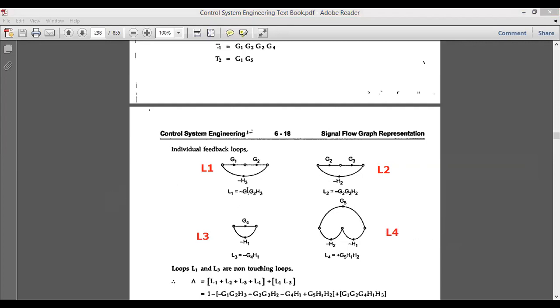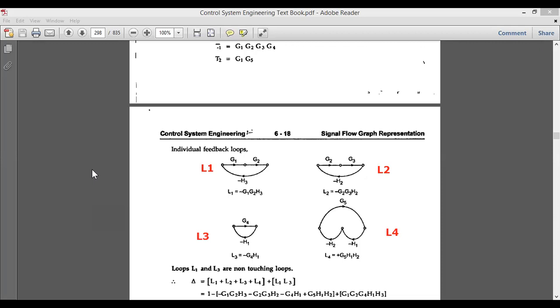Okay, so just simply multiply the numbers here, that is G4 minus H1, you will find L3. Then G5 minus H1 minus H2, all together this becomes plus, because we have 2 minus signs in the feedback path. So minus of minus becomes plus. So minus H1 and minus H2 both together will become H1 and H2 multiplied by G5. Fine. So now I got all the 4 loops.